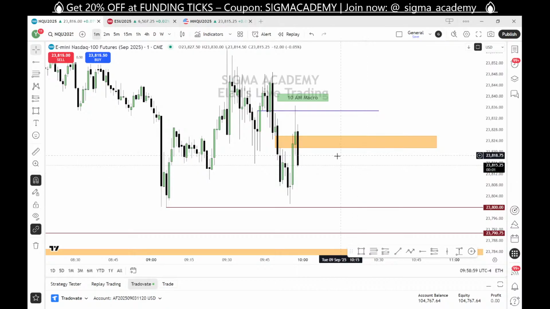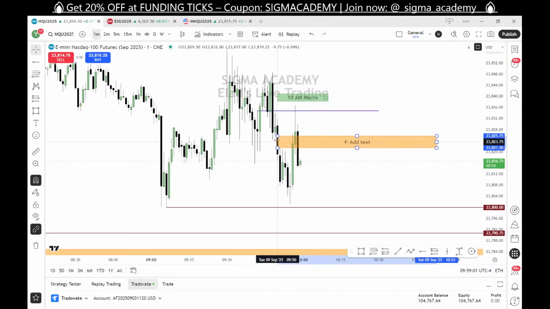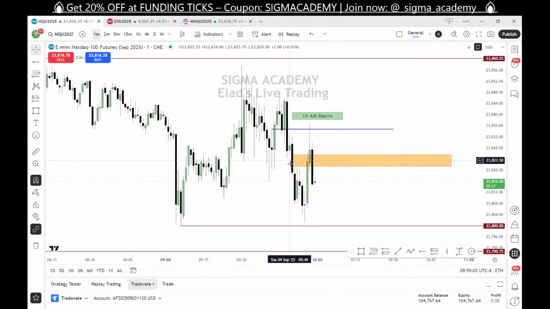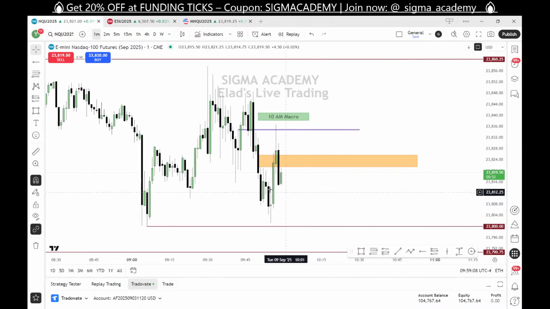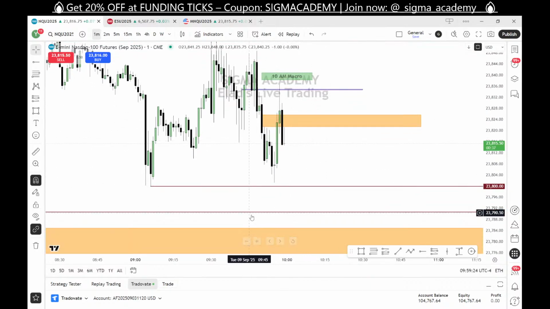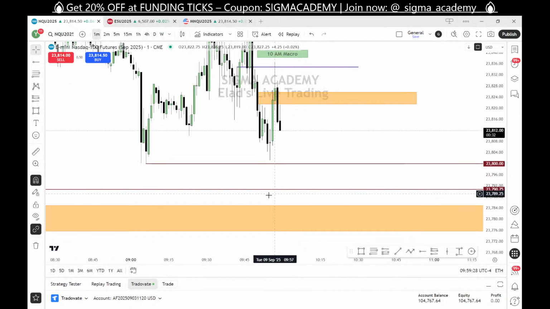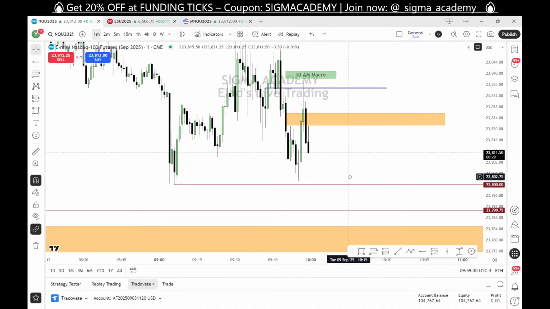Note yourself, fair value gap to the downside and fair value gap to the upside. Also, this down candle, those down candles send us higher. Maybe this down candle will send us higher, but I don't buy it until we are taking out those lows, this one and this one. As you can see,